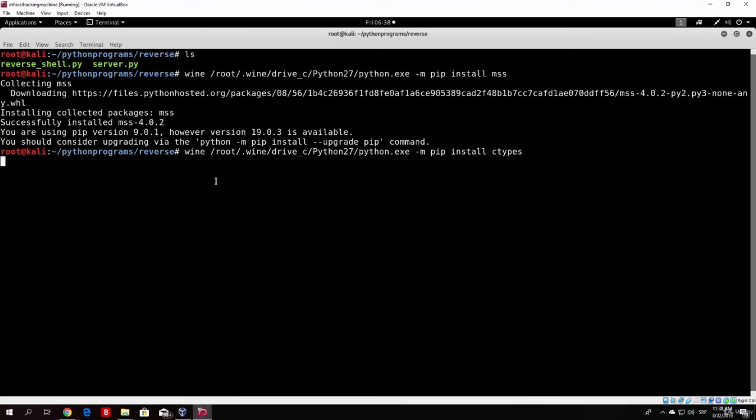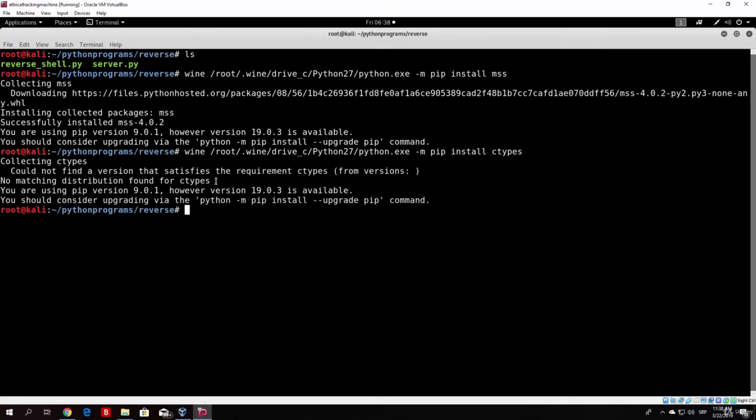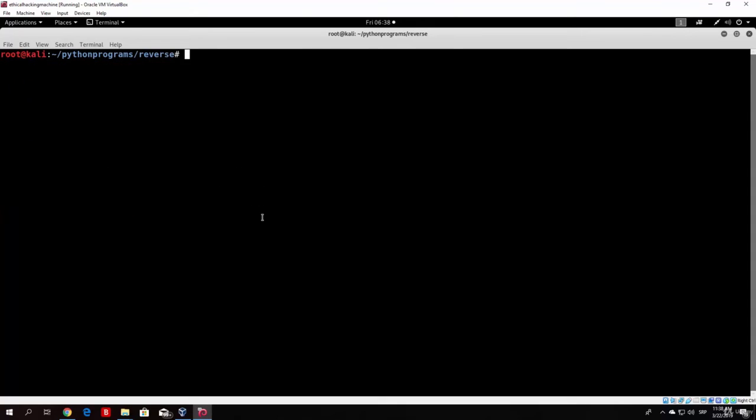It probably does have them, but just in case, so we don't run into an error, let us collect that as well. If it has them, I believe it will say something like requirement already satisfied. If it doesn't have them, it will download it, and we will be able to use ctypes as well. So no matching distribution, so we already have that. Okay, so let us compile this right now